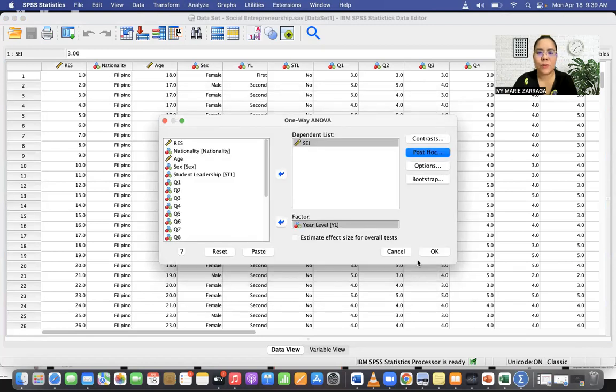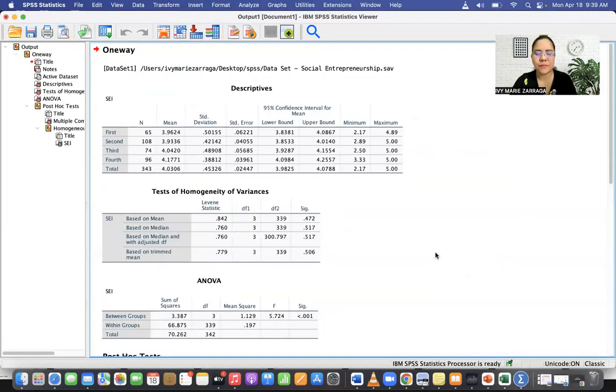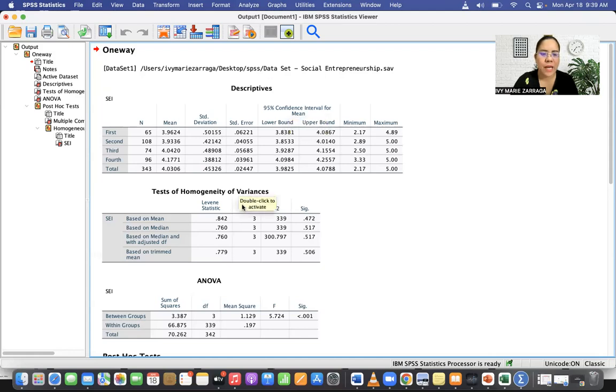Then continue. So ready na to, okay na. Just click OK para ma-run niya na. Ayan. So ito yung sa descriptives natin. So again, for the parametric test, it will use the mean and standard deviation. So we have the mean of the first year, mean for the second year, mean for the third year, fourth year, and then yung total or yung overall mean nila. Then we have the standard deviation. And then we have the test of homogeneity,